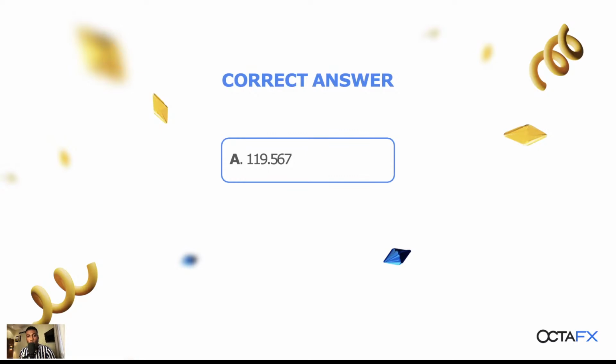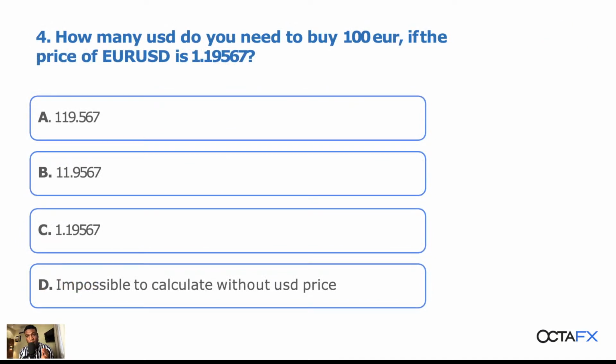The correct answer is A, 119.567. So you need $119.56 to buy 100 euro. Now, a lot of you would be asking, how did we get $119.56? In a currency pair, the first currency is the base currency and the second currency is the quote currency. In this question, you're being asked how much of the quote currency, which is US dollars, you would need to buy 100 euro. The formula is to multiply the exchange rate by the amount of the base currency that you want to buy. The exchange rate here is